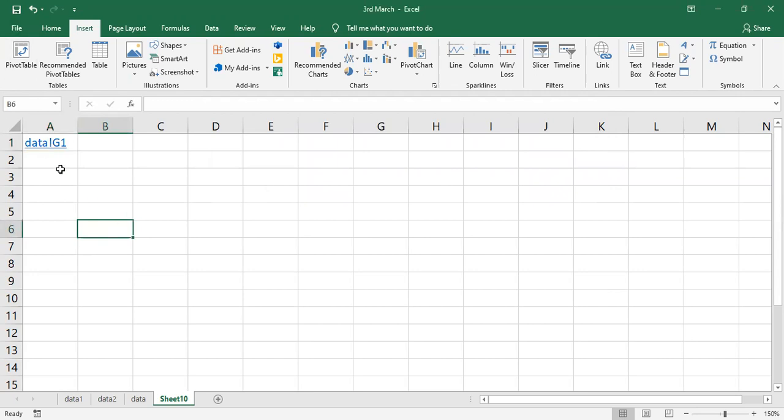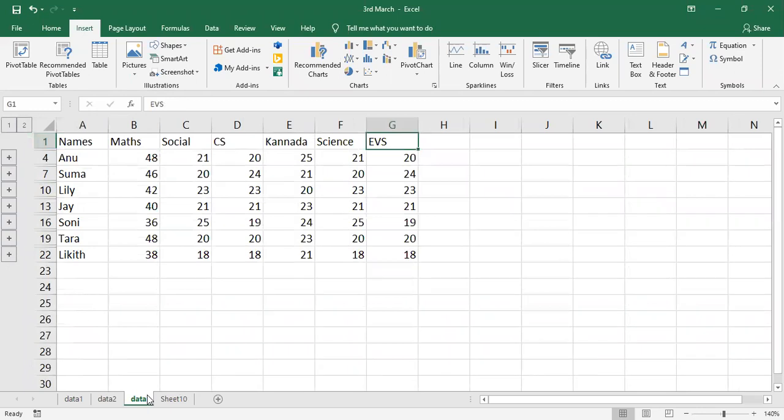It is displaying Data G1 because we have created a link. Whenever you place the cursor on that link, it shows which workbook and which cell it links to. If I click on this, it switches to the data sheet, G1 cell.